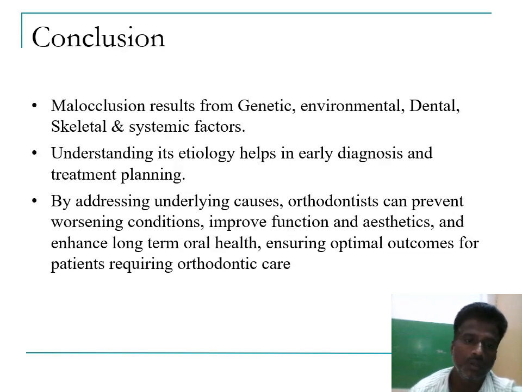So in conclusion, malocclusion results from genetic, environmental, dental, skeletal and systemic factors. Understanding its etiology helps in early diagnosis and treatment planning. By addressing underlying causes, orthodontists can prevent worsening conditions, improve function and aesthetics, and enhance long-term oral health, ensuring optimal outcomes for